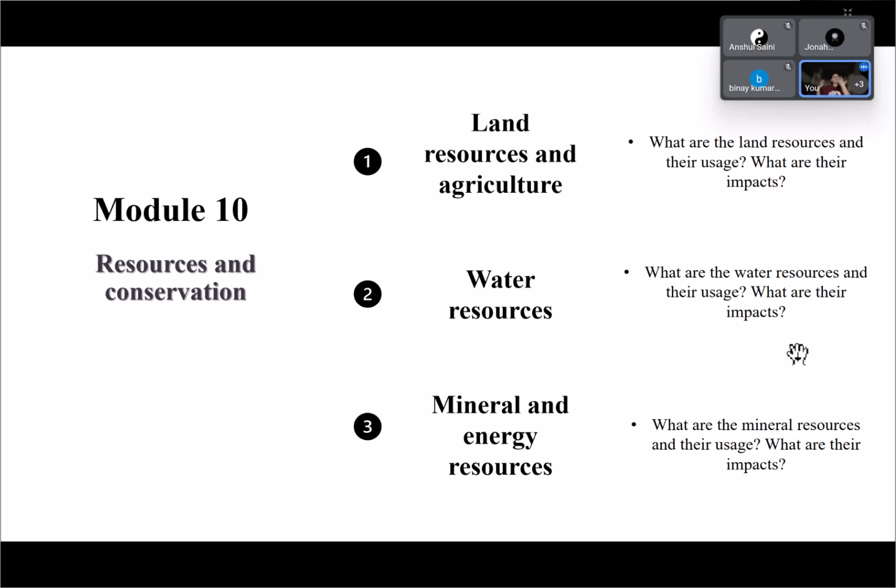We are saying humans have over consumed half of the things on this planet. We will now see what are these different kinds of resources. We have already seen how they are present on earth. Now we are going to connect them with humans and see what humans have done and why they are over extensively used. So we look into land resources, we look into water resources, and we look into the mineral and